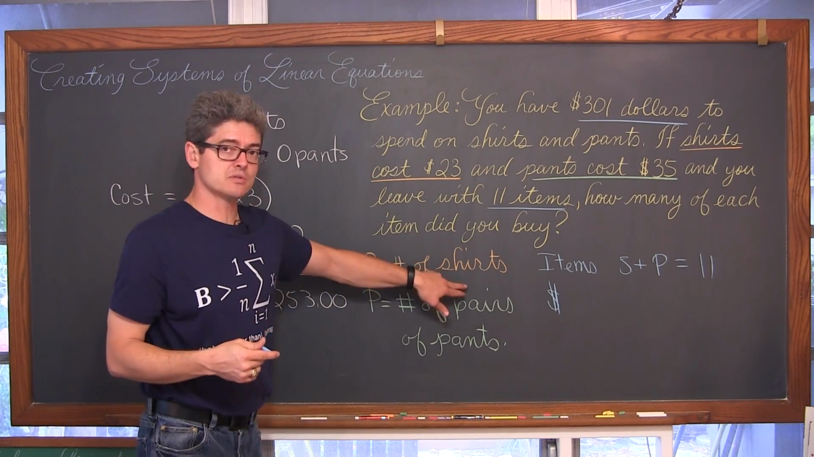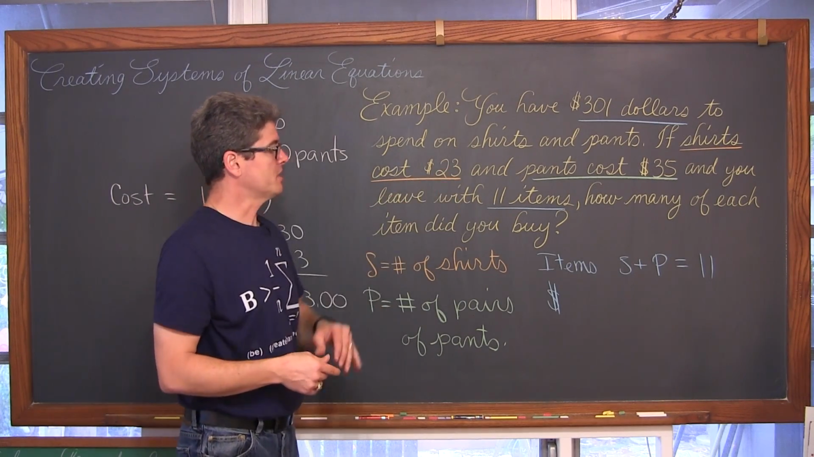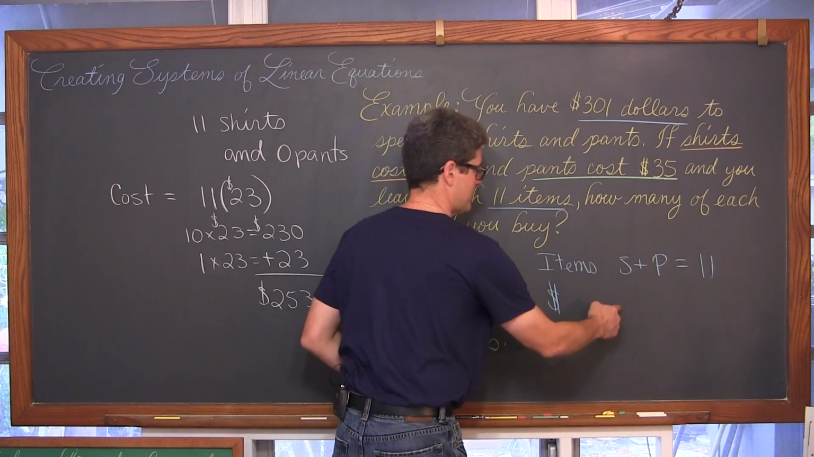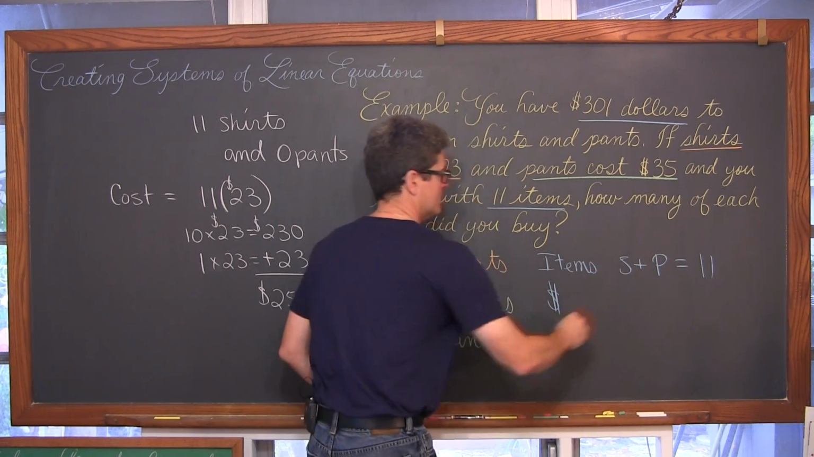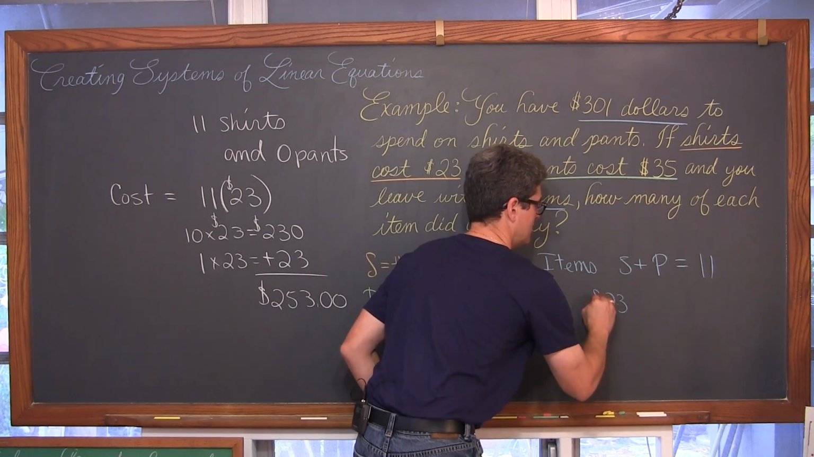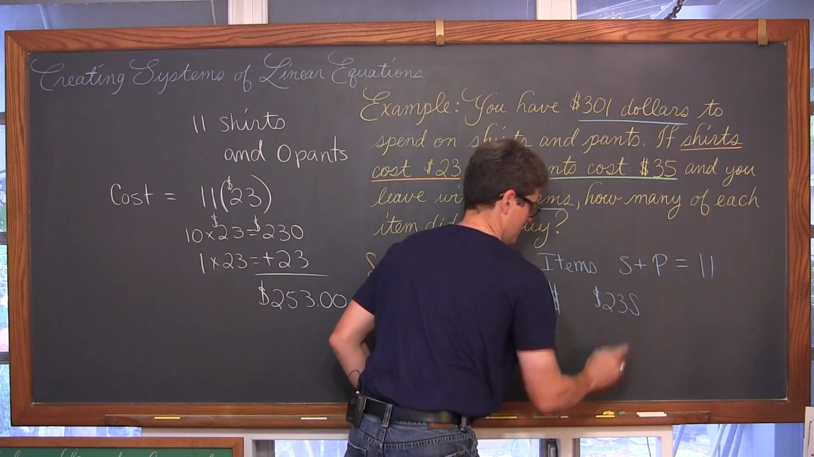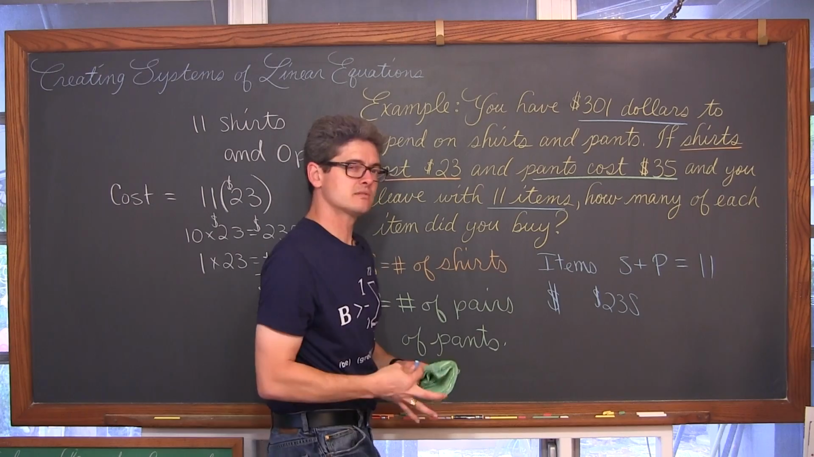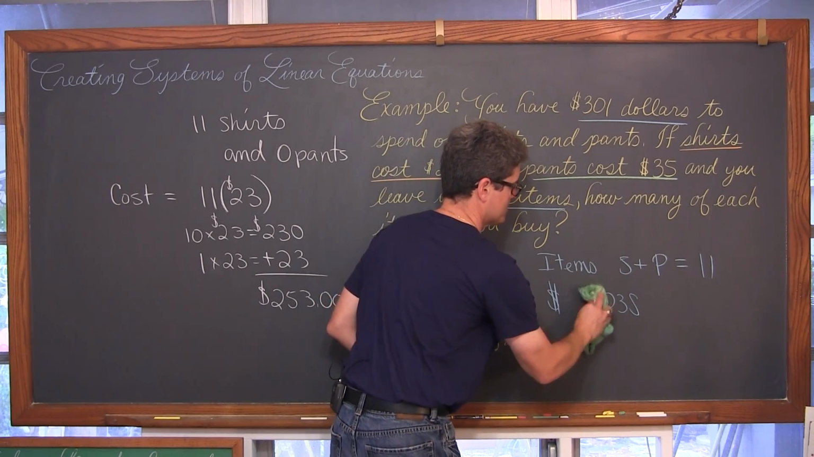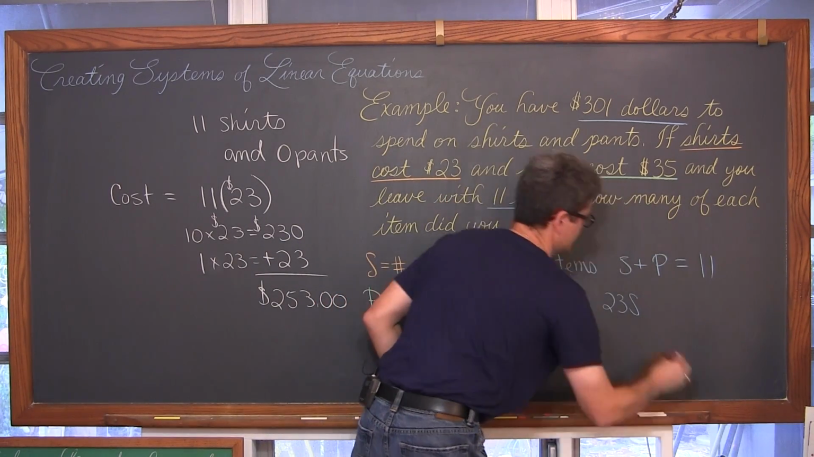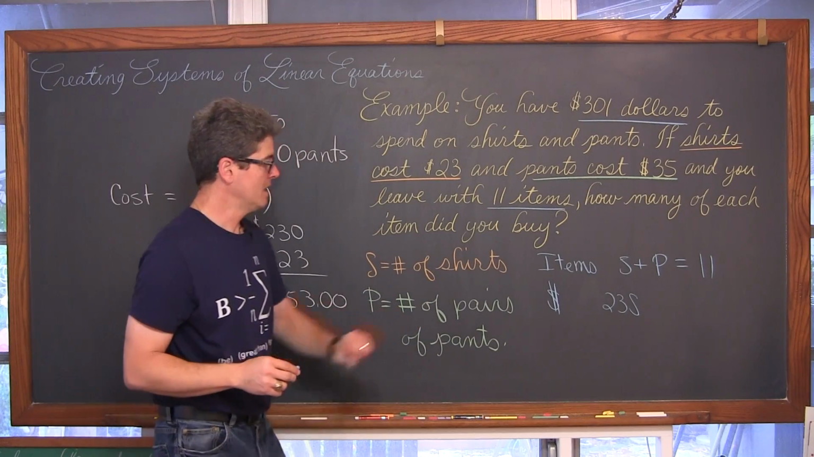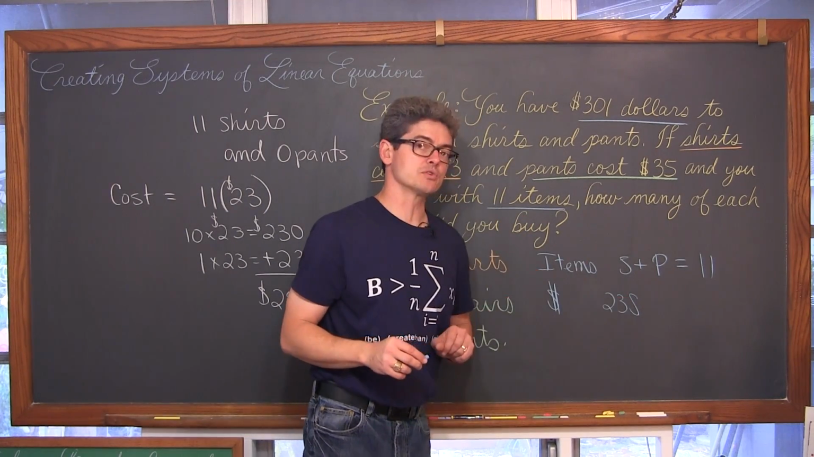S is the number of shirts. And if each shirt is $23, then the amount of money I'm spending on shirts is $23 times the number of shirts. Now, having an S dollar sign and an S variable is kind of confusing, I think. So I'm just going to write 23S, but it is $23 for each individual shirt. Plus,